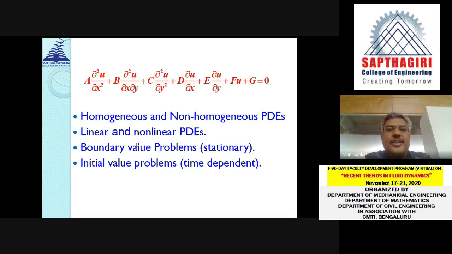So if any one of the conditions is violated, then the differential equation has to be called a non-linear differential equation. And as I stated earlier, a differential equation cannot be solved without